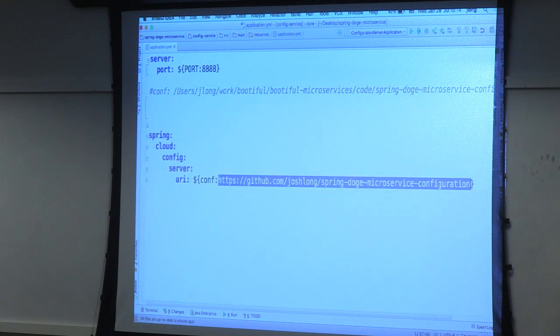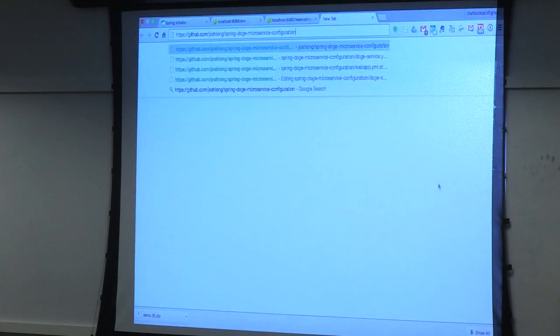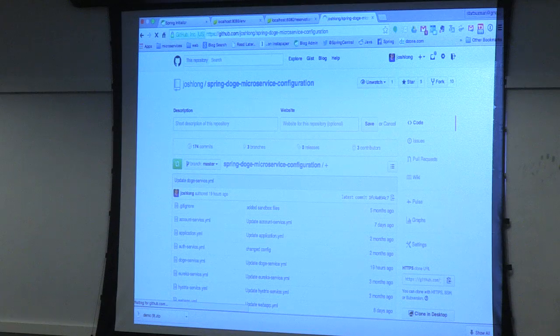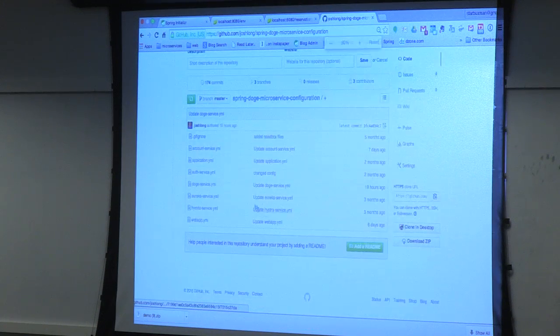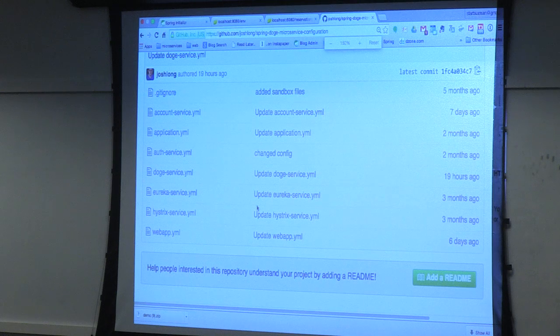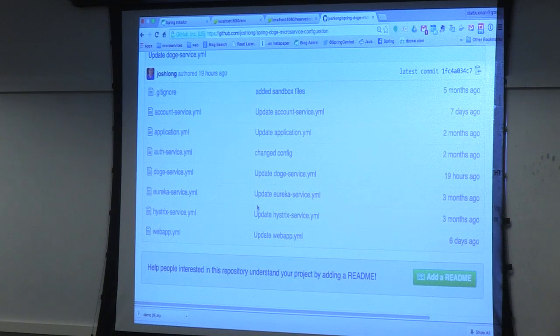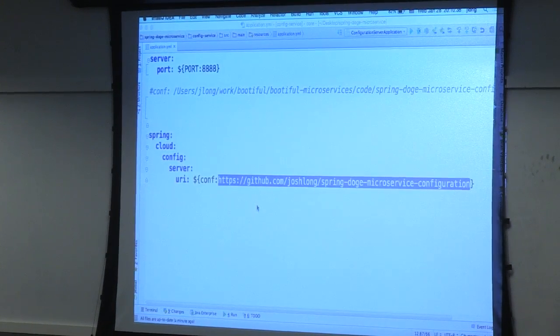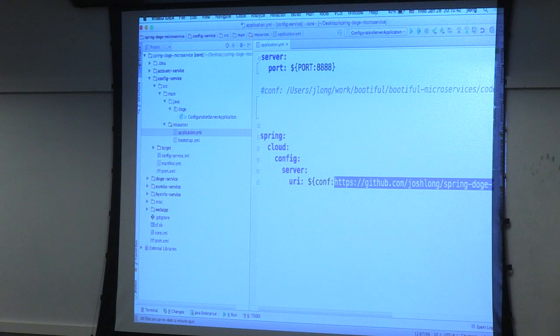Talk to this GitHub-based repository. Okay? And I can see that here. And you can see I've got just different YAML files for each service. And you're not going to see me making any changes to application anything throughout the rest of the demo. The only thing that needs an application.yaml is my config server. Everything else is going to know how to talk to this. They will all have a sort of perfunctory bootstrap.yaml, and that's the other config file you'll need.